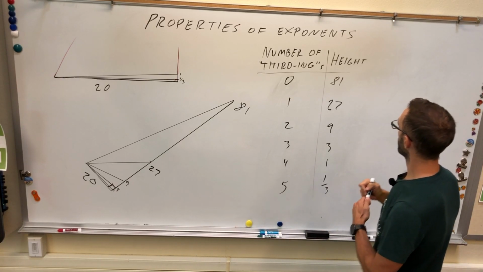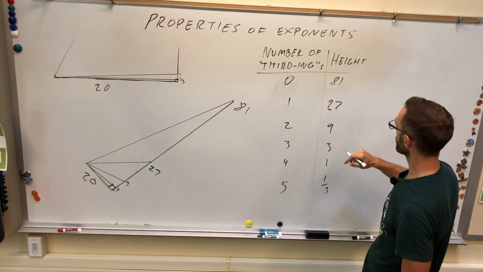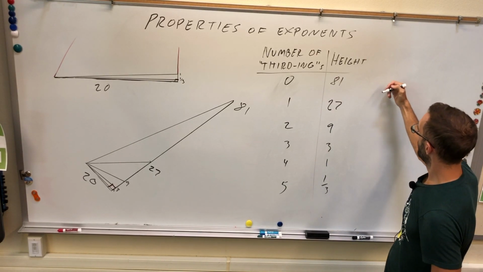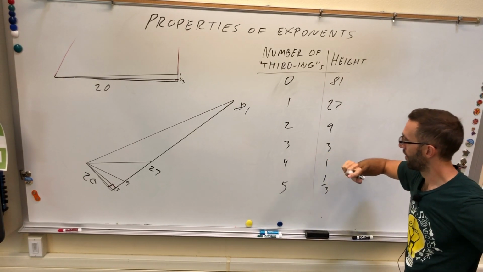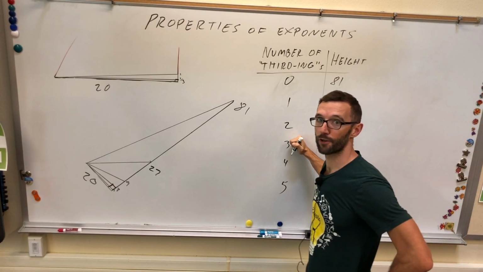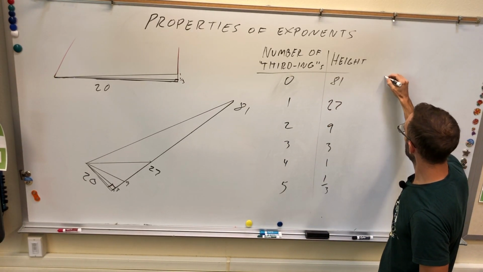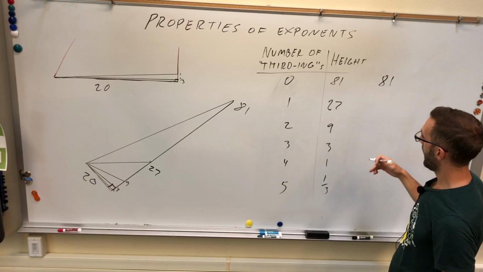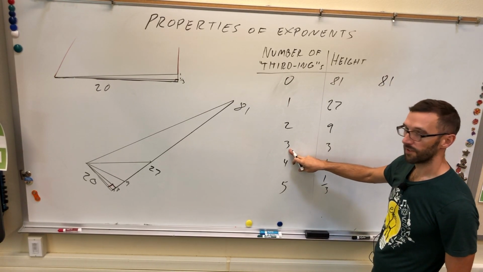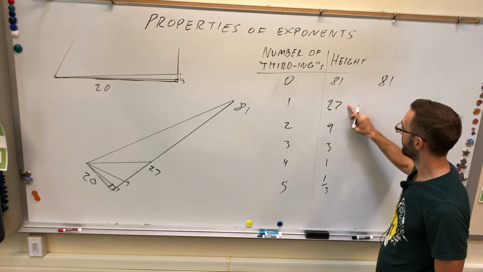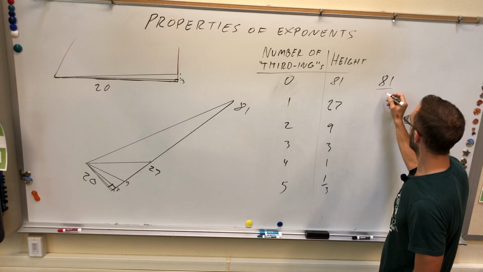So let's go ahead and play around with that. We had this first height, which is 81. Let's say we wanted to figure out the height after we took 3 thirdings. So the height is 81, and after 3 thirdings, that means we divided by 3 — 1, 2, 3 times. So we divided by 3,